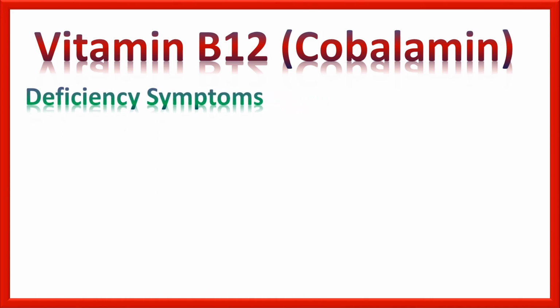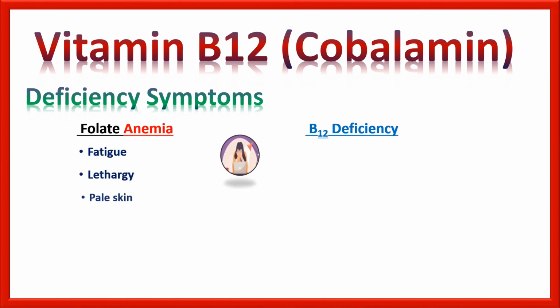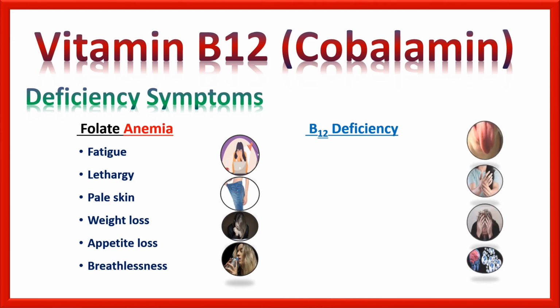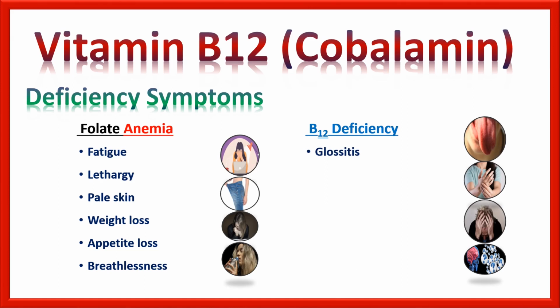Well, deficiency symptoms are linked with folate anemia. So, if you have only anemia, you may have fatigue, lethargy, pale skin, weight loss, appetite loss, as well as some breathlessness. But if these symptoms are linked with glossitis, meaning you have a swollen tongue,